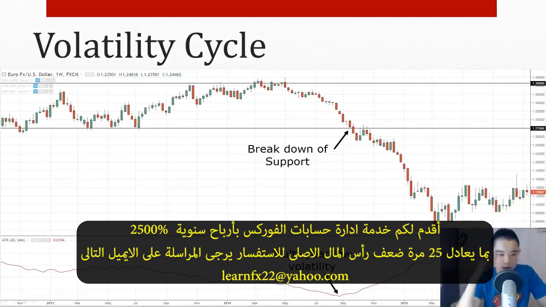The retail are still unaware. The news, the media are still not looking at the market. So this is the best time to actually enter your trades. So that aside, you can look at over here, EUR/USD, multi-year low volatility on this weekly